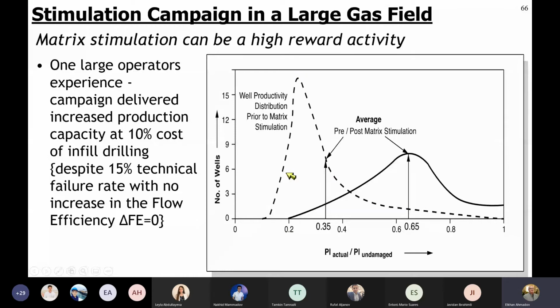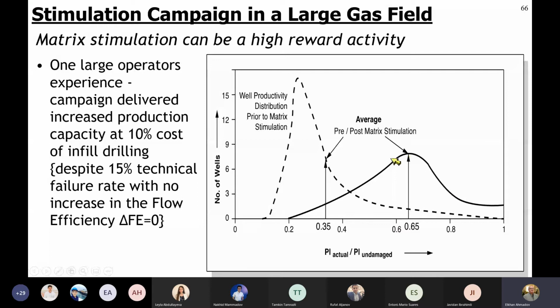After the acid job, the distribution of the wells changed in terms of productivity, and we can see that average productivity is now almost twice, calculated at 0.65, and the majority of wells now have a productivity around 0.5 to 0.8. This is a huge change in the productivity of the wells,